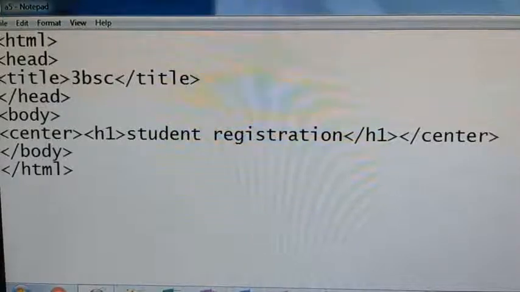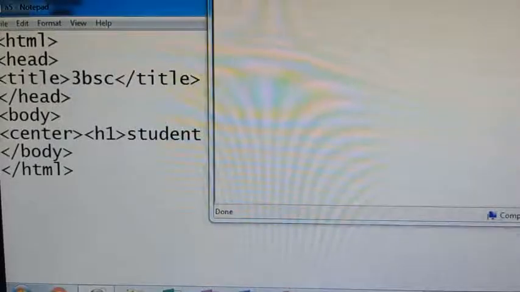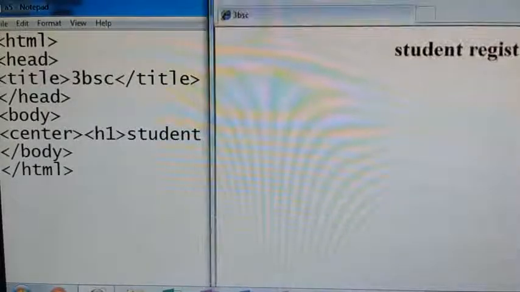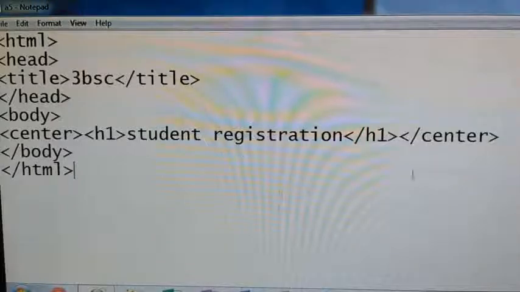Close it, save it, come to the browser window, refresh this. Okay, the web form, this content is displayed at the center. Why? Because here I have used the center tag.